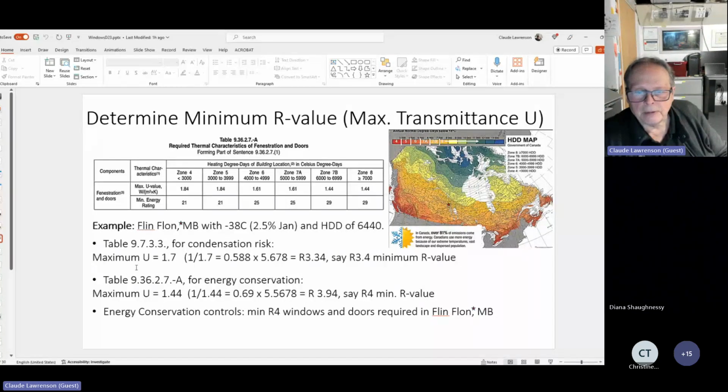And if we take a look at the condensation risk, we take a look at the energy conservation, again, without getting into all the mathematics and details here, we can see that we can come up with the requirements for a better energy efficient window, for example, for Flin Flon,